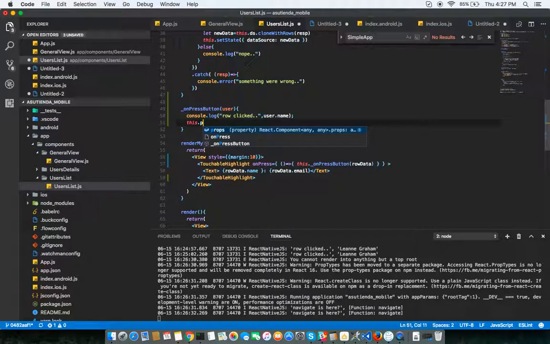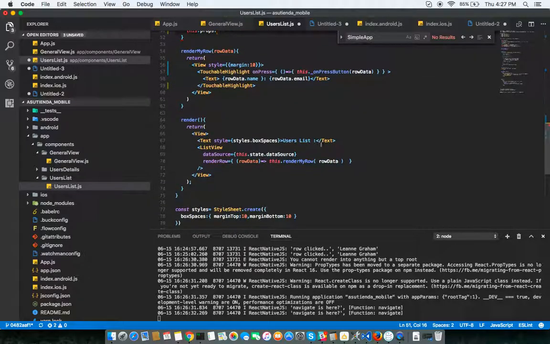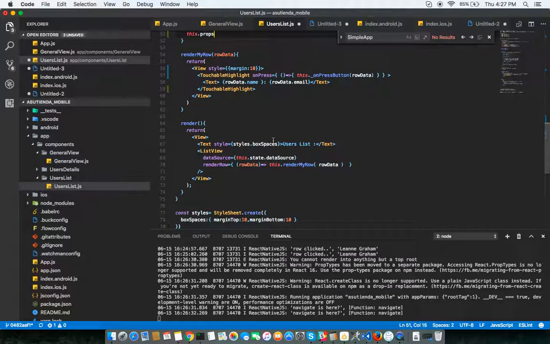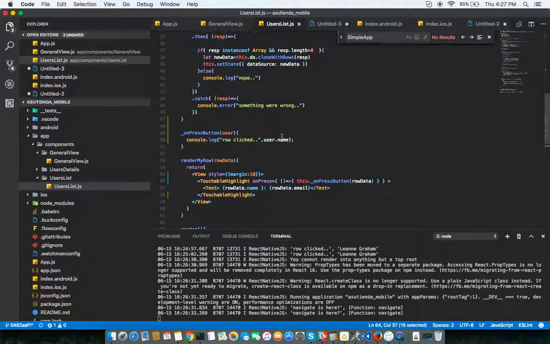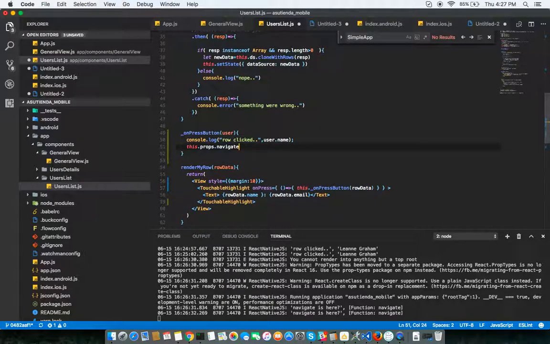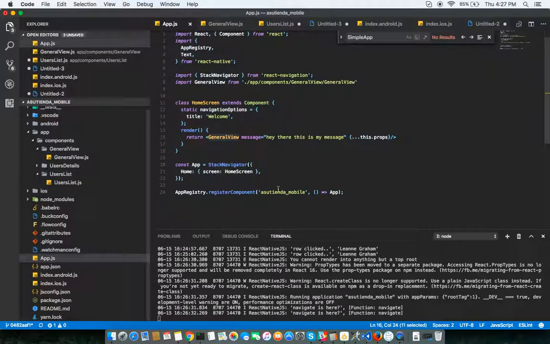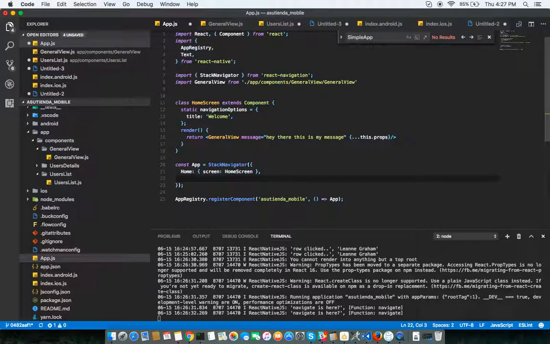So we're going to use this props navigate. Now we have this function available, and we're just going to put the name of the page that I want to see. In this case, the page is going to be users